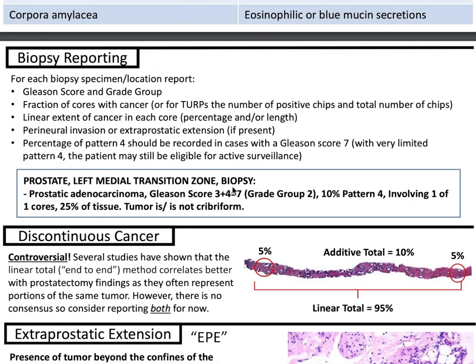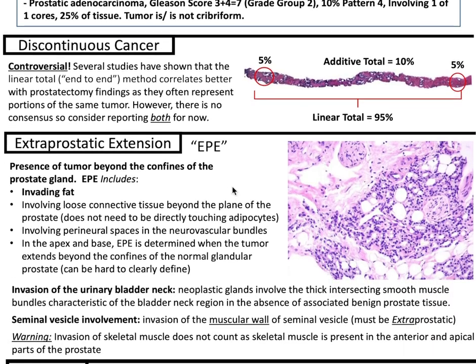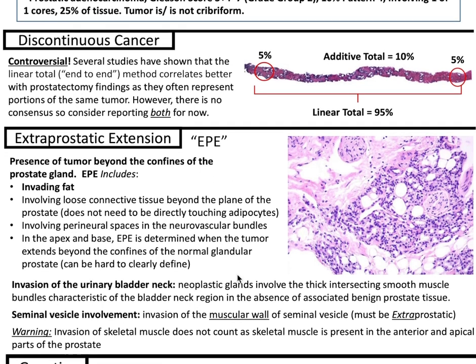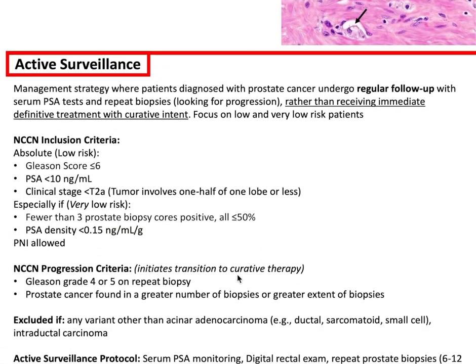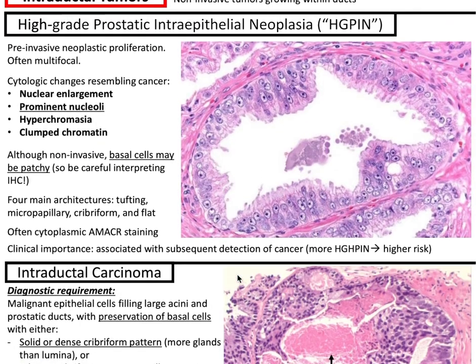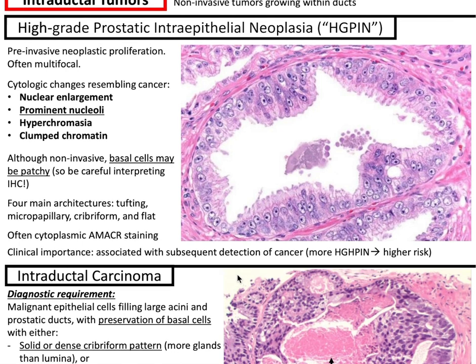We talked about biopsy reporting, extraprostatic extension, where prostate tissue invades fat, but that's not only the case. It can involve loose connective tissue beyond the plane of the prostate, involving perineural spaces in the neurovascular bundles, and in the apex and base, when the tumor extends beyond the confines of the normal glandular prostate. Talked about treatment effect, where you should have a low threshold to order stains, where radiation therapy and hormonal therapy can cause changes. Talked about active surveillance, and we talked about intraductal tumors, where non-invasive tumors growing within ducts, including